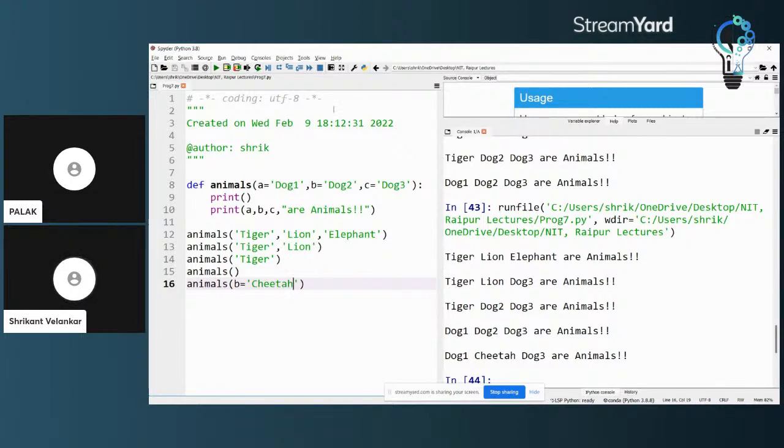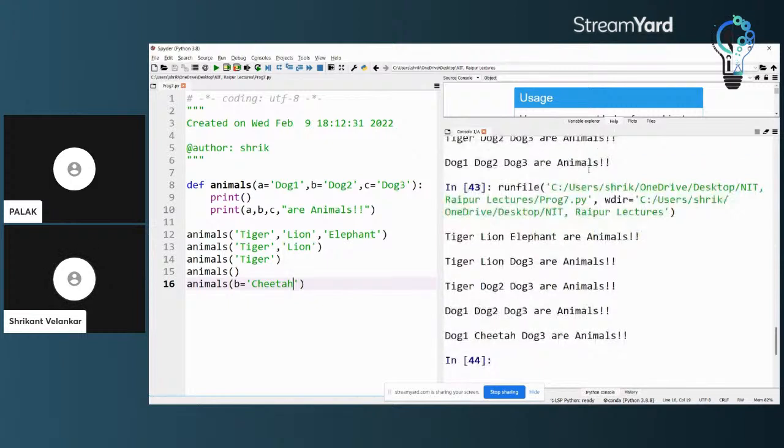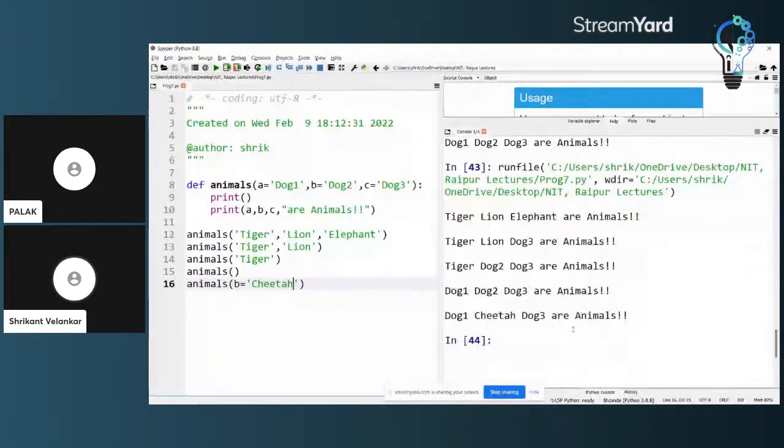So in short, we can specify a number of parameters which is less than the total number of parameters asked in the function. However, if that happens, we must have told the function about its default values for when a parameter doesn't get passed.